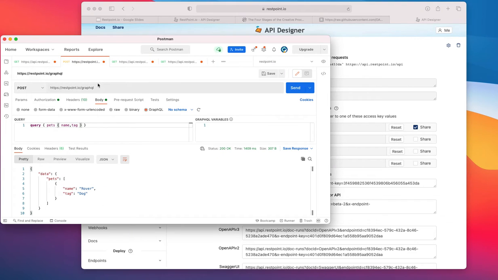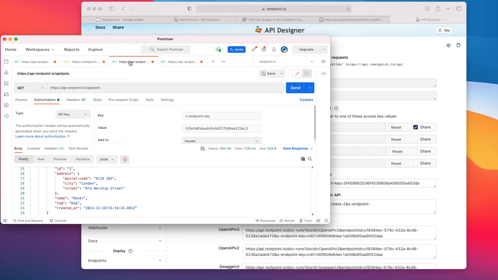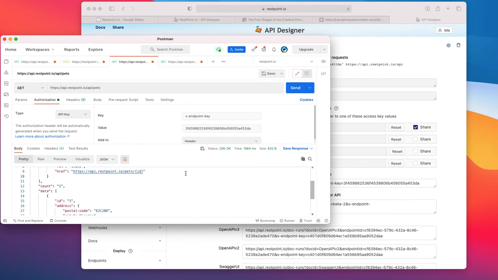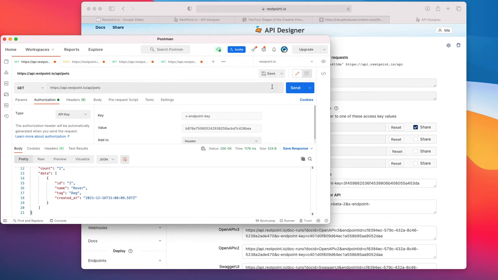So let's go back to our Postman, and I'm going to come in on this, and I'm going to add in my new endpoint key, and now you'll see we have pets, and you'll see there's the address. And I can go back to my previous iteration, and that is still up there as well. So it's nice to have, whoops,